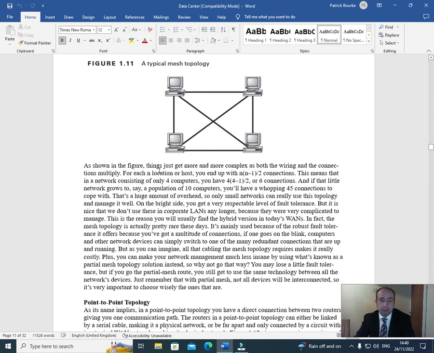As shown in the figure, things get more and more complex as both the wiring and the connections multiply. For each n location or host, you end up with n(n-1)/2 connections. This means that in a network consisting of only 4 computers, you have 4(4-1)/2, or 6 connections,